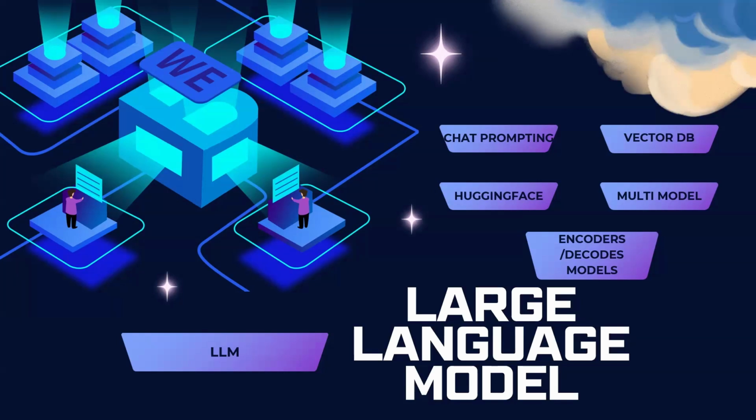Regarding the vector database, do you have any particular database we are planning to concentrate on? There are many vector databases, but FAISS and ChromaDB are what we are planning with, because both are mostly used worldwide. So we are going to use both here also. FAISS is from the Facebook Meta team, and ChromaDB is also very famous. So we are going to see some examples with both vector databases.